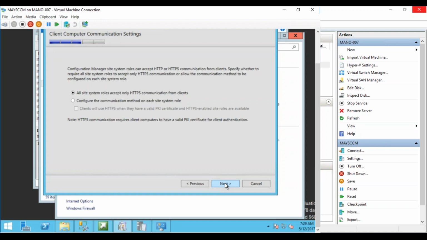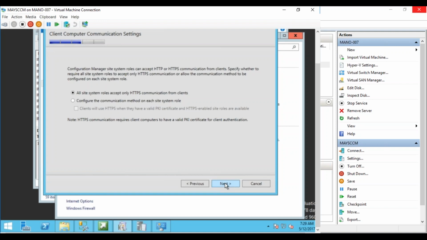So what will happen is, when a certificate is issued to a client, and the client is trying to access any company resource like the management point, distribution point, or any other server, first of all it will check for the certificate. It will see whether the client is coming with that certificate or not. That is one kind of authentication. It will say, okay, if this guy has the certificate, that means he is authenticated to use the domain resource, so it will start giving him the domain resource,